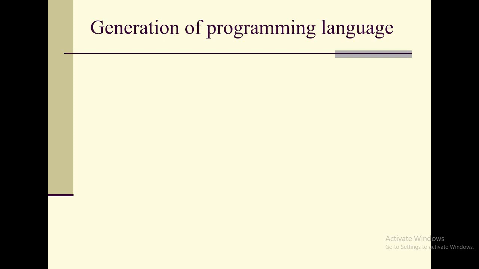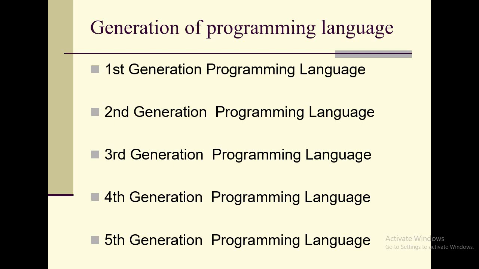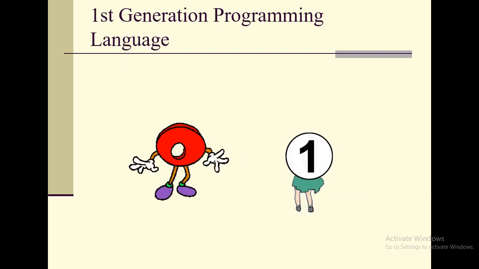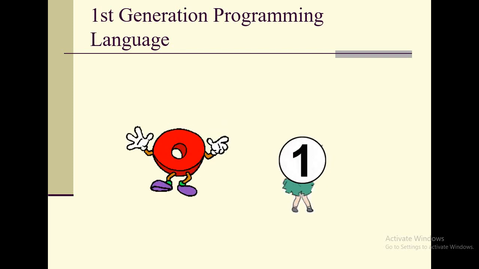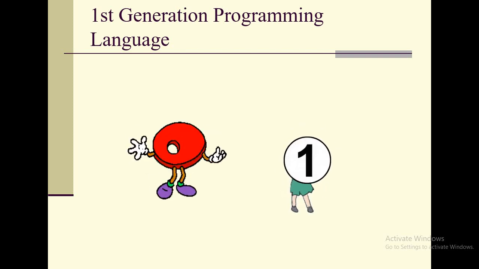There are 5 generations of programming language: first, second, third, fourth, and fifth generation. We will start obviously from the first generation. What you see in this picture, there are dancing 0 and 1. So in first generation programming language,